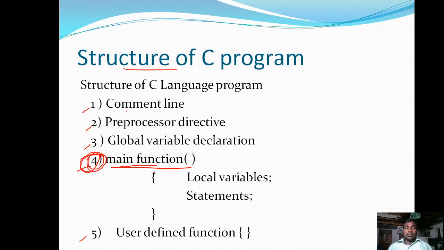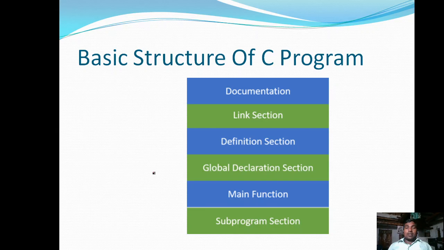So this is the basic structure, and all these are represented here in a pictorial representation. Every C program contains the documentation section, link section, definition section, global declaration section, main function, and subprogram section.